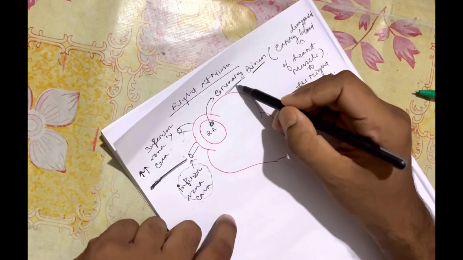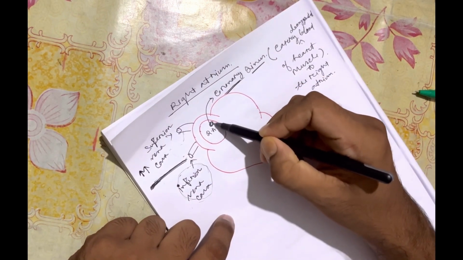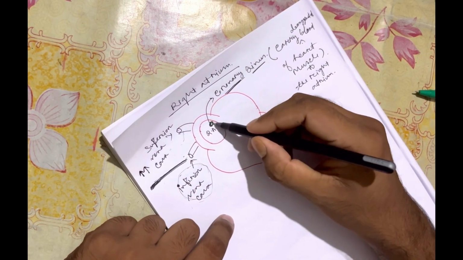Okay, so basically the coronary sinus is a kind of hole, and through this hole